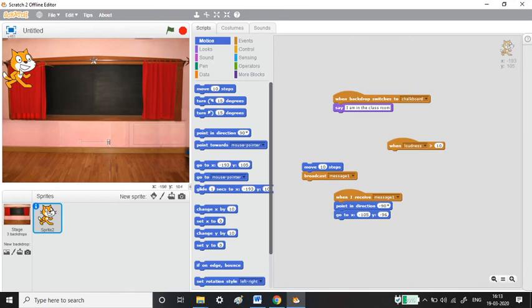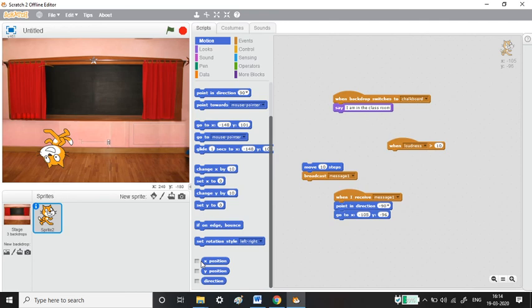See here, I am clicking on this first. It moved 10 steps and broadcast the message, and it moved to the position x minus 105, y minus 196, and it turned left before. We can check this via the x and y position.